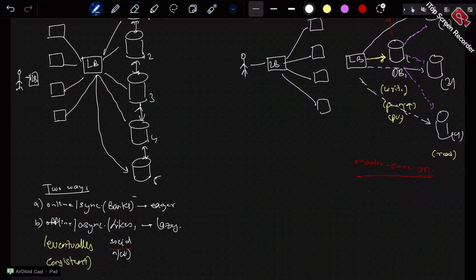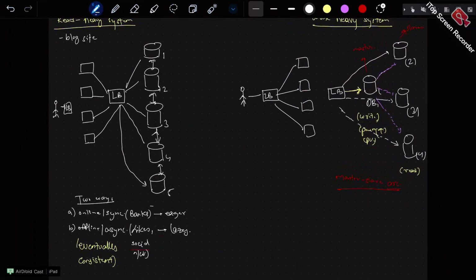Okay. So this was one scenario. Now consider this scenario where you have so many databases. You have DB1, you have DB2. Similarly, you have 10 databases like this, and these are all read-heavy systems, only reads. Let's not take only 10, let's take 100 databases. In such cases, propagating to each and every database, wouldn't you think that would take a lot of time?